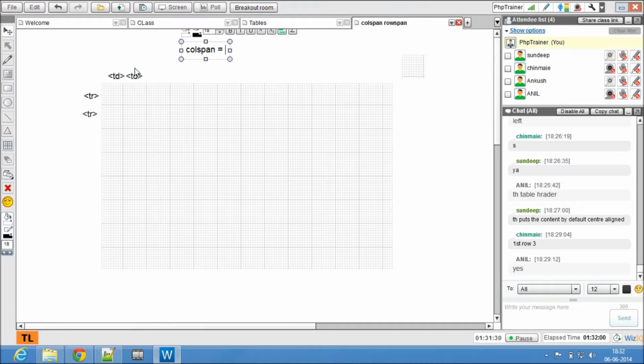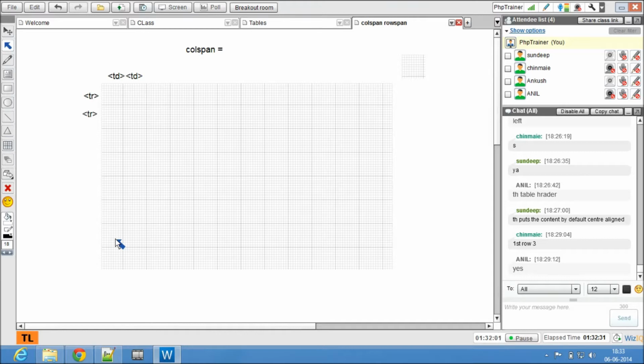If you want to merge two columns, okay, this is a column, right? This vertical thing is a column. This complete thing is called a column. This one is a column. This one is a column. Now if I want to merge these two, I have to use col span in this TD. Okay, remember, if you want to merge two columns, it's col span.